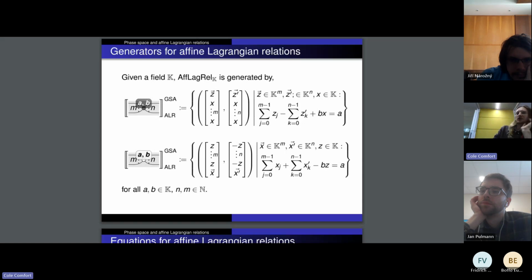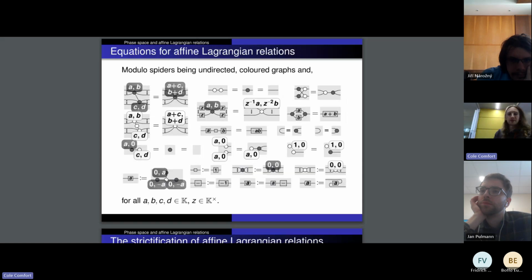So just to give you some conceptual idea, we have given generators in our paper. It's the same kind of idea. You have these undirected graphs, these spiders, and when they connect together, both of the components, the affine shift and the slope, sum together. You have this in both the position and the momentum. And also you have these derived generators, which you can define using these two classes of labeled graphs.